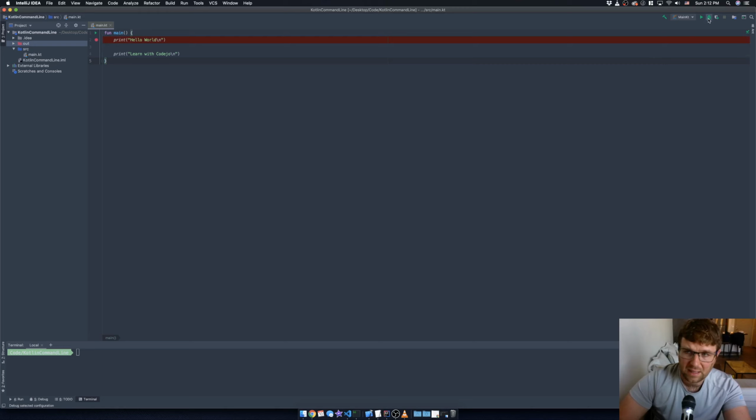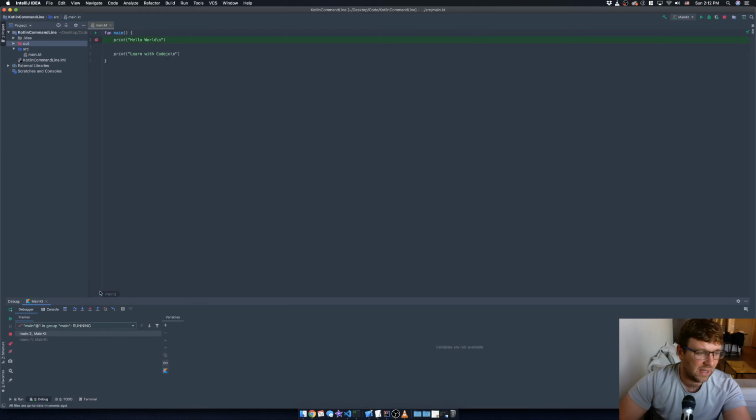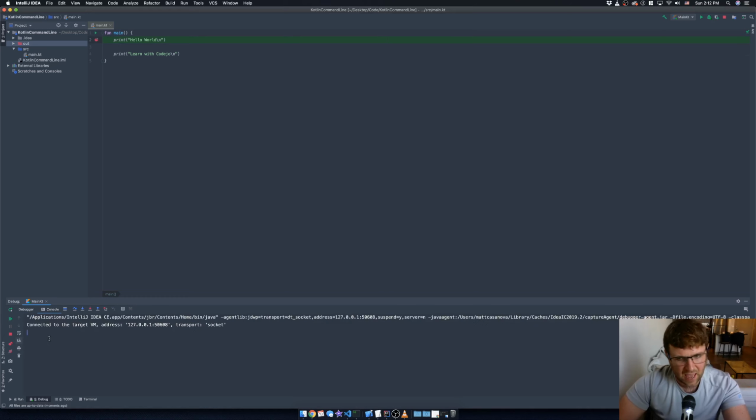Now, if I run this in debug mode, we're going to see, okay, so I'm in the debugger. It's giving me some information. We'll talk about some of that, but we don't have much going on here. You can see that it's highlighted green. While in debug mode, this highlighted green means this is the next line to execute. So if we look at our console, this is the active running program. It's paused right now. So hello world hasn't printed out to the screen,